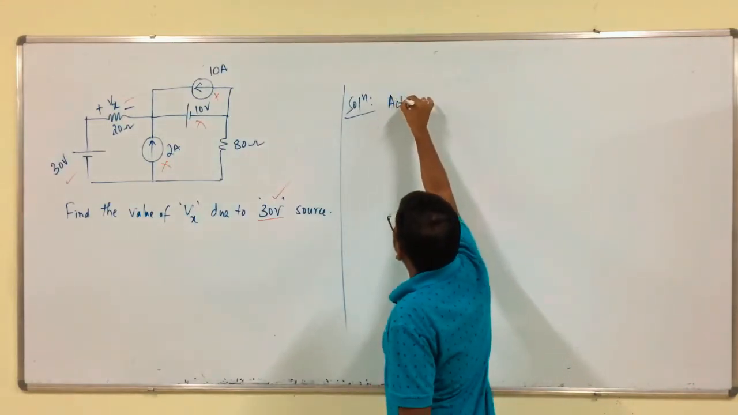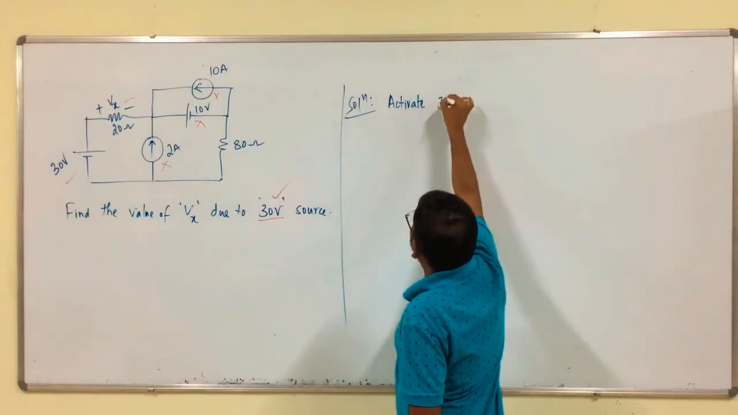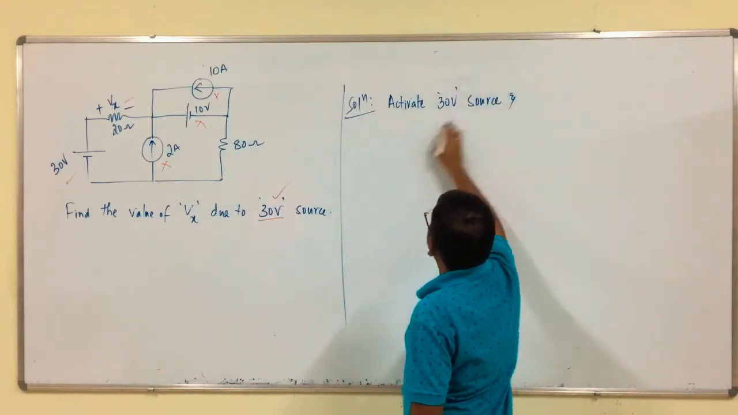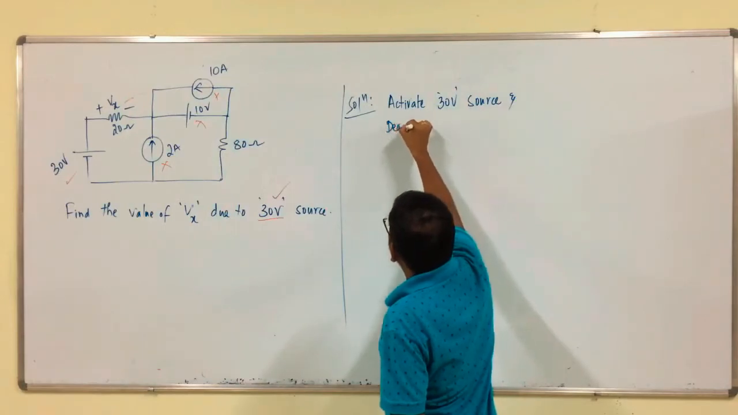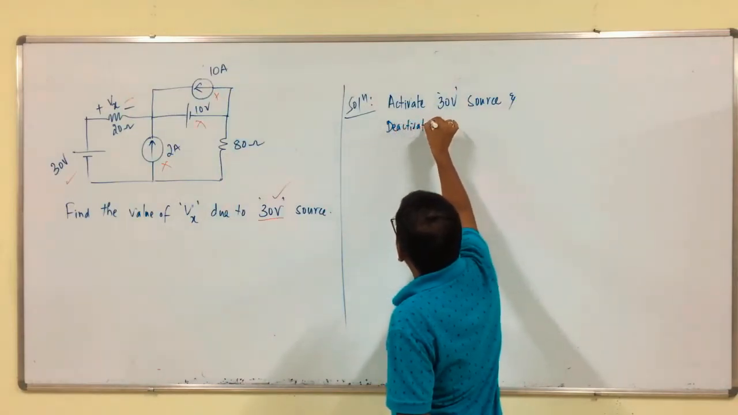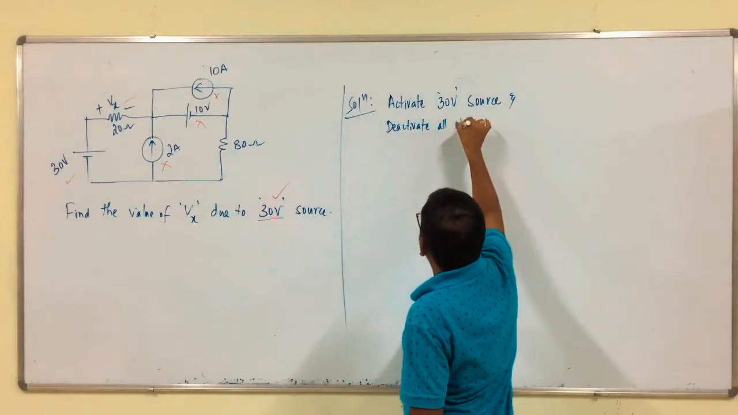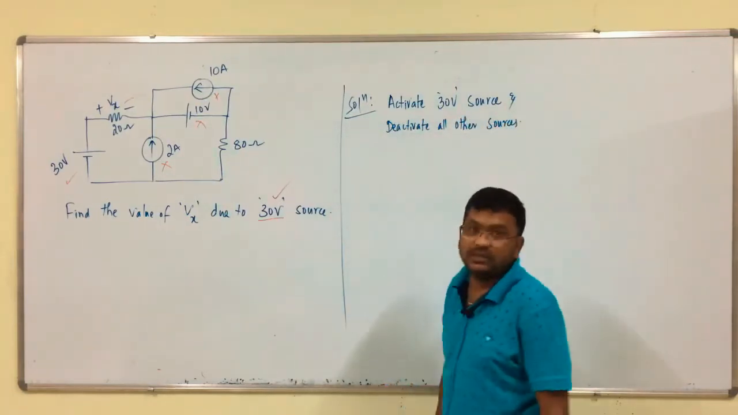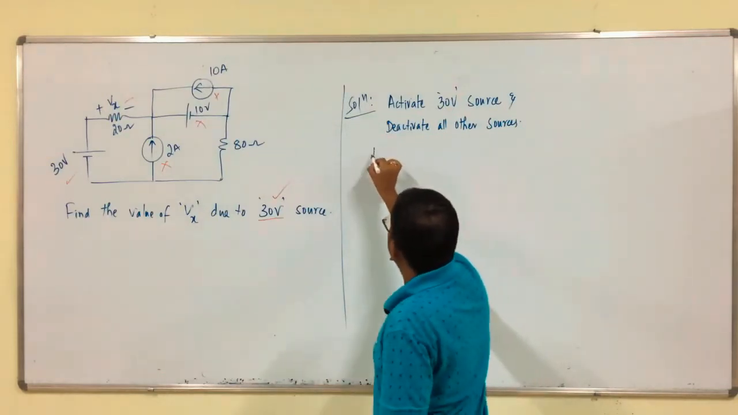Activate the 30 volt voltage source and deactivate all other sources. Then the circuit becomes...